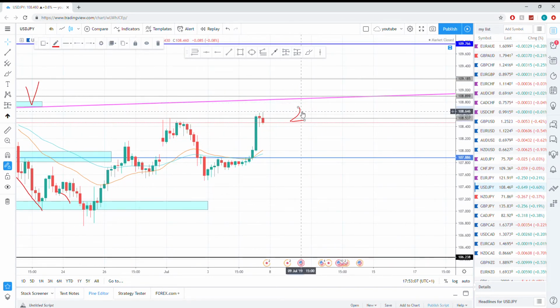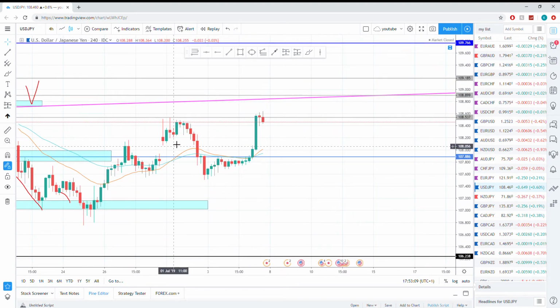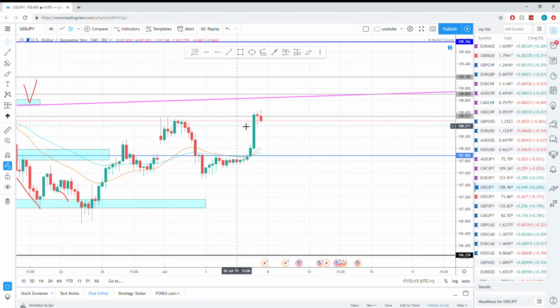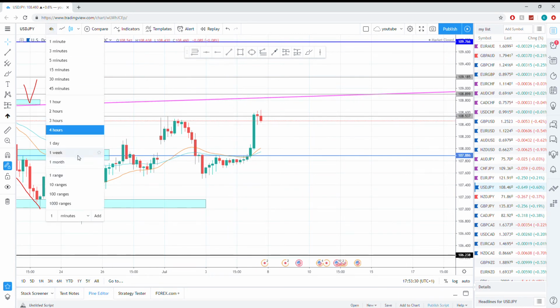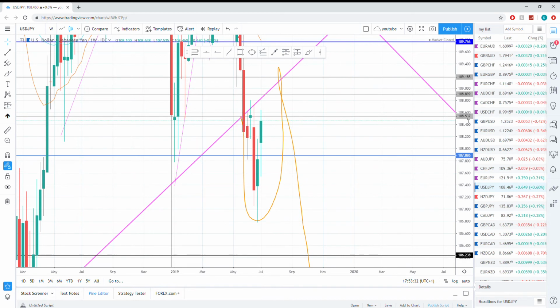But before all of this happened, during the week we had the NFP, which influenced a lot of the USD pairs, and we can see that we're jumping back up into the wedge. We're trying to retest this level as support from this high, so we're technically trying to see if we can get back up. So let's step it out to a week and let me explain what I'm seeing.